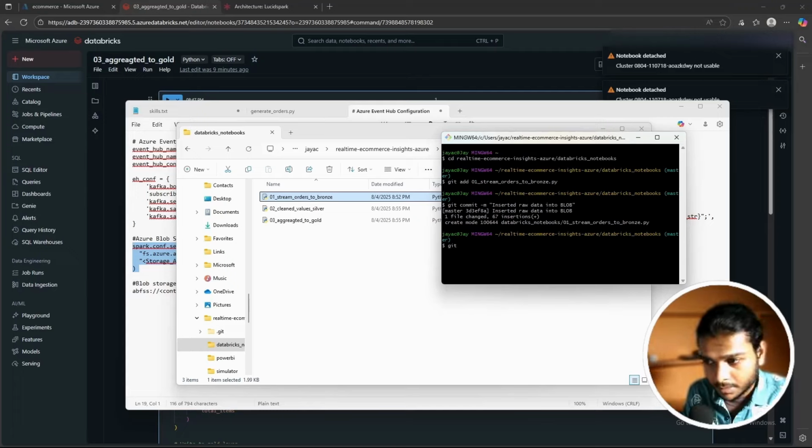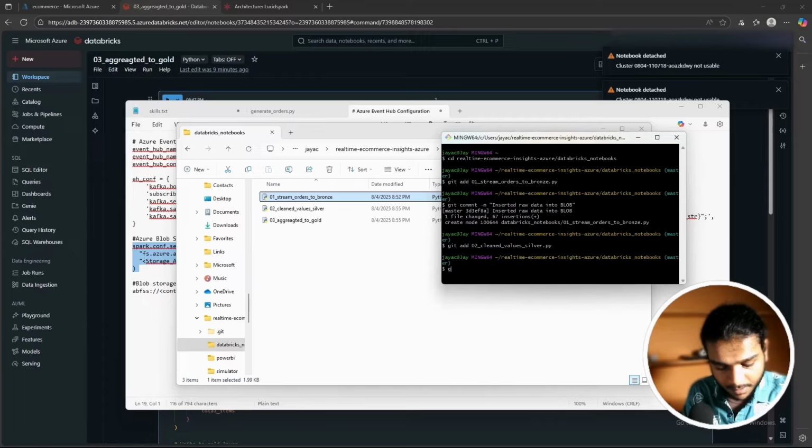Next we add git add 02 underscore cleaned silver, clean value silver .py. It is added, and now git commit